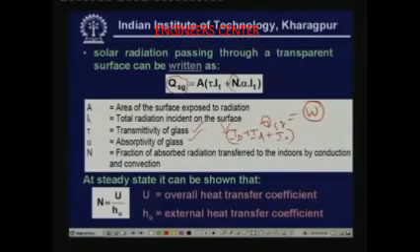And what is N? N is a new parameter, and this is the fraction of absorbed radiation transferred to the indoors by conduction and convection. In fact, I was mentioning that when the glass absorbs radiation, its temperature increases. So, because of the temperature difference between the glass and the surroundings,